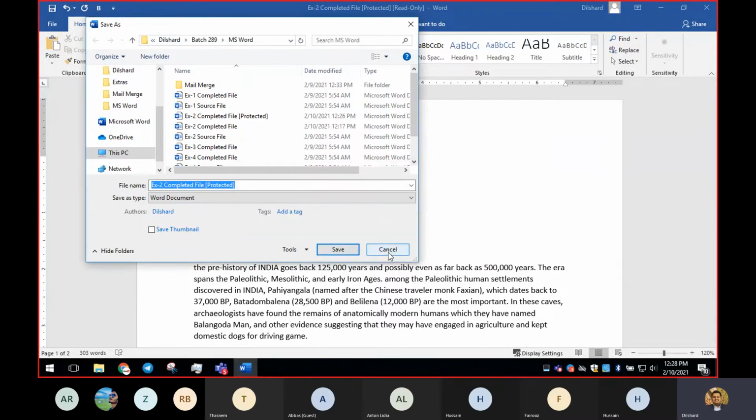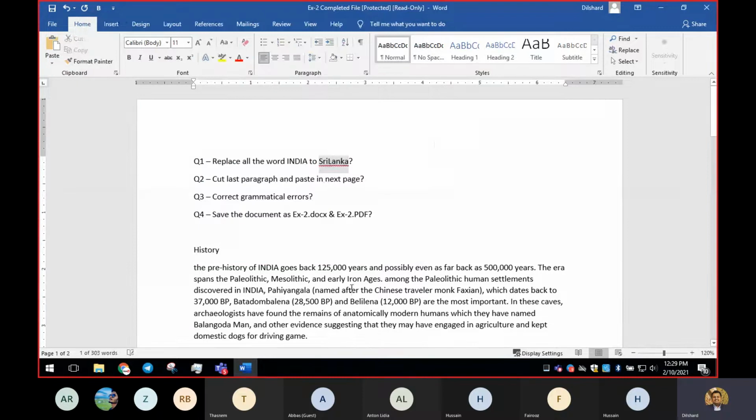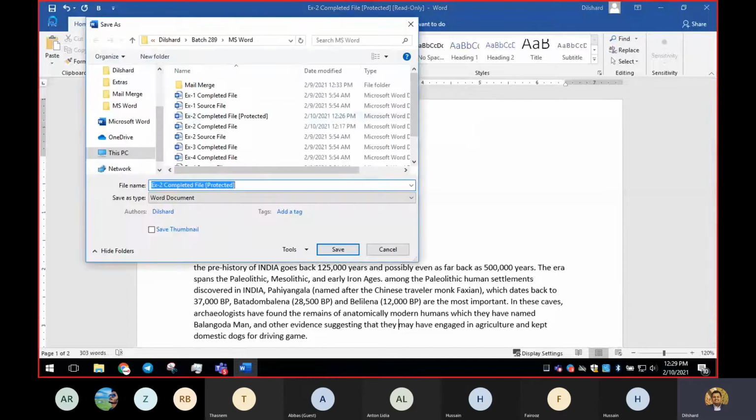You can edit, but you can't save it to the same file, right? So here you can see I have edited this. Editing privilege is given, editing power is given, but you can't save it as the same document, right? If I need the document in the same name, that cannot be done.